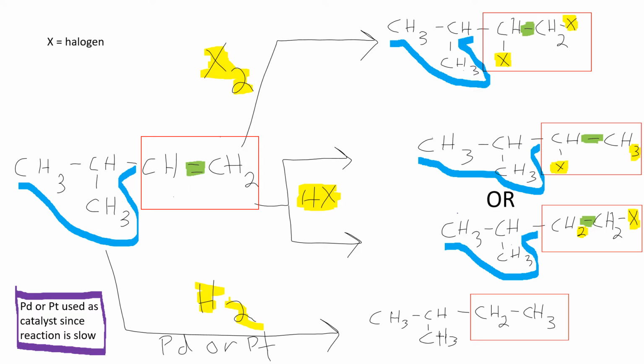Now this is our first exposure to what catalysts are and what they do. Catalysts speed up reactions. They make reactions go faster. They do that in a couple of different ways that we're not going to get into the details of right now. But the key thing about catalysts is they don't change what product you're going to make. They don't appear in the product.